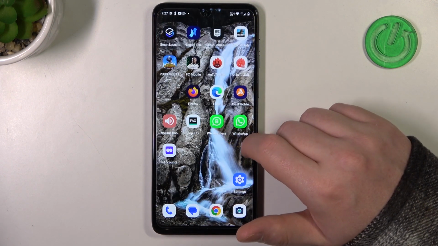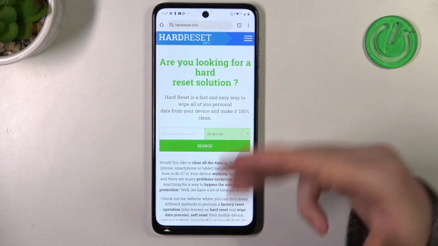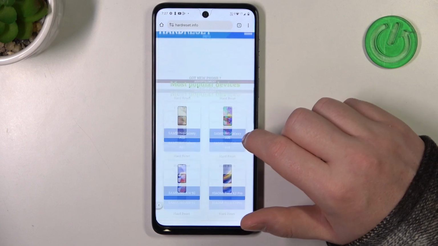Now we can go back and the icon should appear in the last available space. You can click on it to open this website instantly. And that's it for this